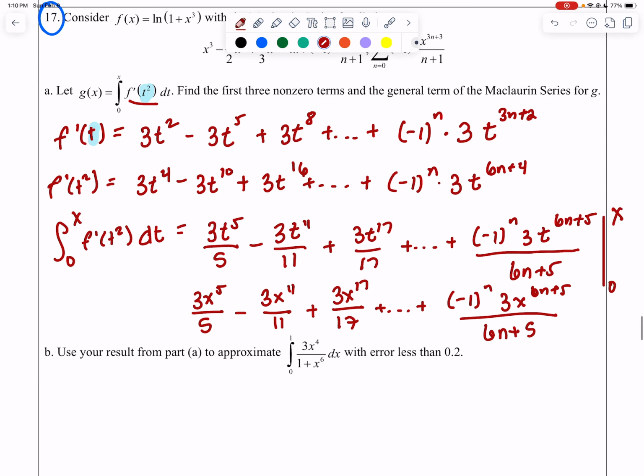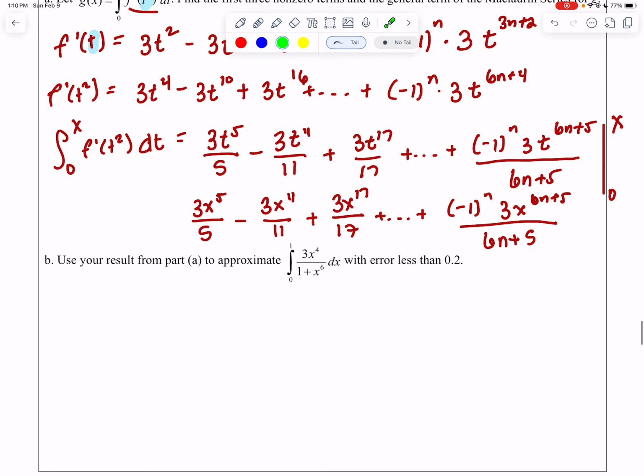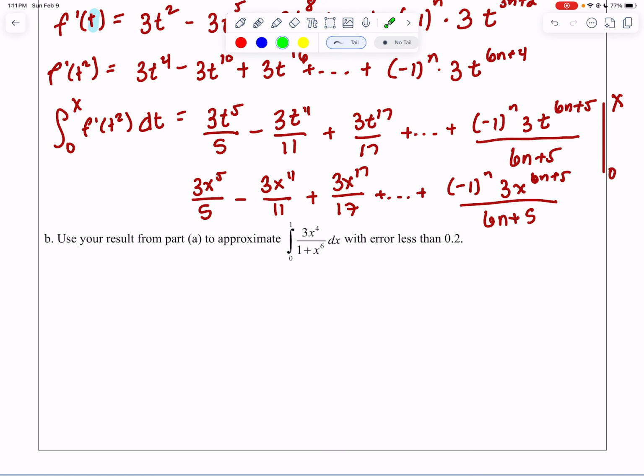Okay. Now, part B says, use the result from part A to approximate the integral from 0 to 1 of x to the 4th over 1 plus x to the 6th with error less than 0.2. Now, as you can see, we have an alternating series error because my terms are alternating, and they are going to decrease to 0. Essentially, since we're going from 0 to 1, our terms are going to be 3/5,